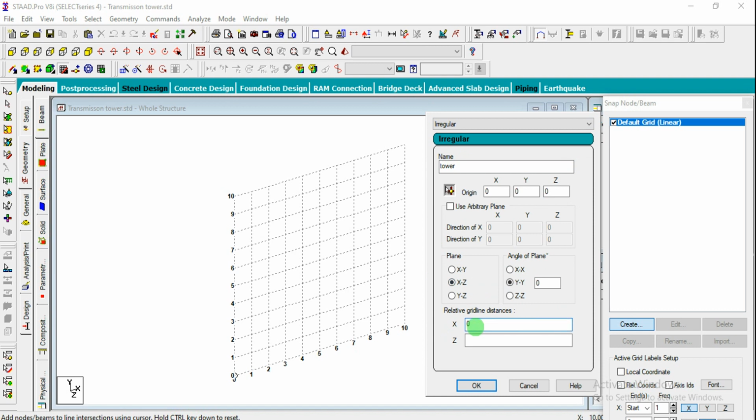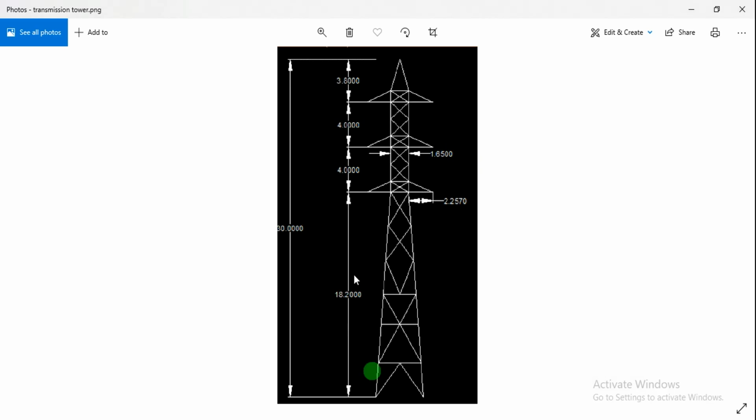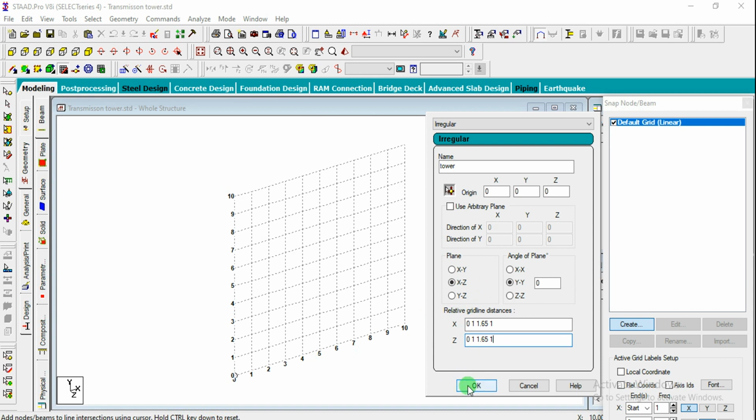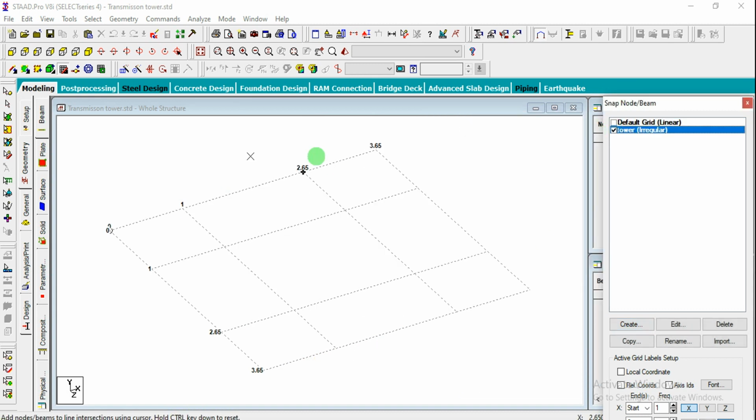I want to start from 0 and I want to give 1 meter and similarly again 1.65 meters and again 1. So similarly in Z also 0, 1, 1.65 or 1. Actually we can give this in linear one also. There we have to give equal divisions. So instead of doing all the things, whatever the requirement I have given this one. So how we got this one? As I said, the bottom is 3.65 meters and this is 1.65 meters. So starting from the 0, 1 meter and middle is 1.65 and another one is 1. So like that we have created this.